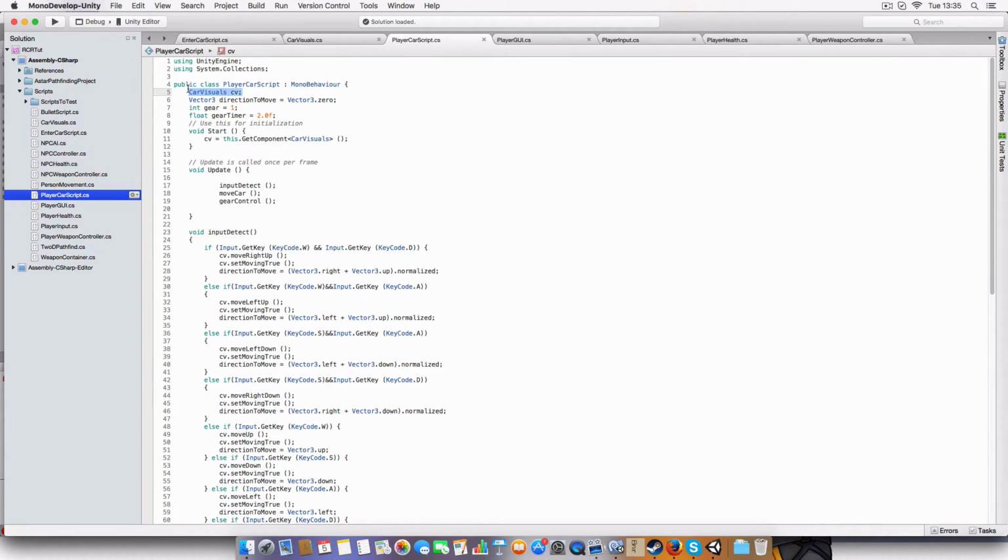that gets referenced from this player car script. We've got the direction to move, which is just the direction it moves in, using transform.Translate. We've got gear, which is a multiplier to make the car go faster after a certain amount of time, 2 seconds, has passed, which just counts down. So basically,